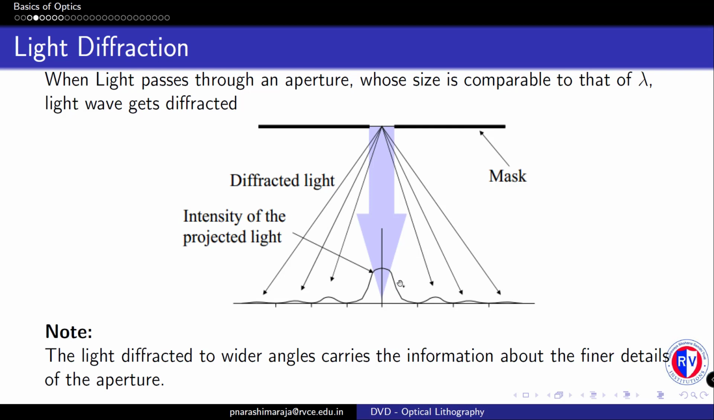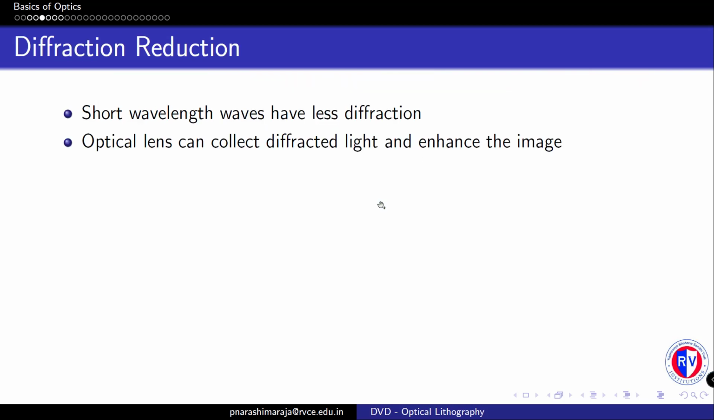Now the question is how to make the light not spread while passing through this slit. So there are basically two ways by which one can control it. The first method is by making use of a shorter wavelength in comparison to the slit size. The next method is using a focus lens which can be used to collect the diffracted light and enhance the